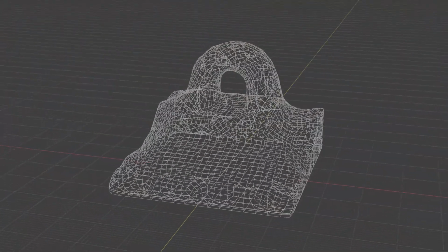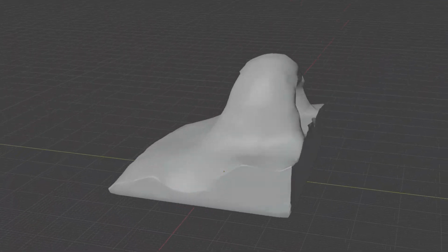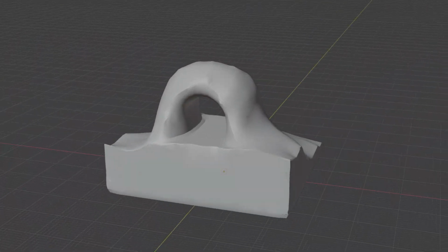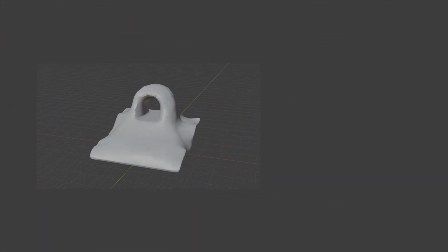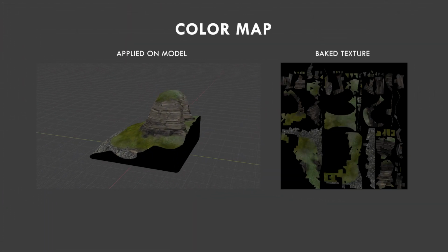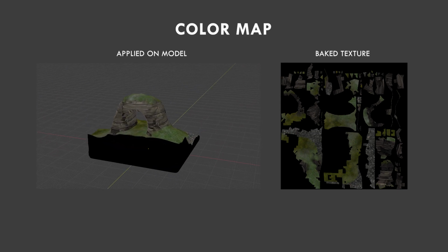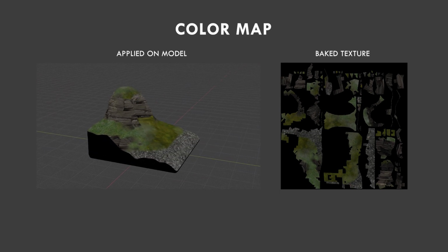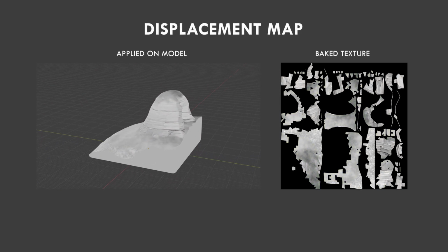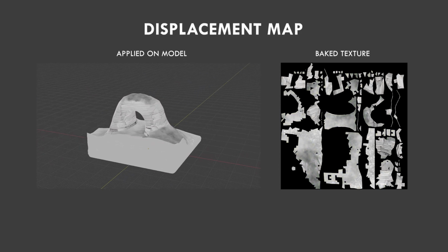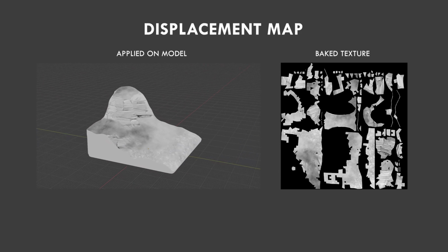Here's a very basic terrain I've made, and these are the textures I've applied to it, both as applied on the model and as baked out texture maps. Color. This will control what colors the voxels in the final model will have. Displacement. This texture controls how bumps and indentations will be added to the terrain.